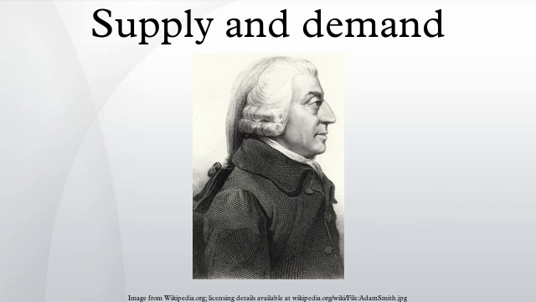In microeconomics, supply and demand is an economic model of price determination in a market. It concludes that in a competitive market, the unit price for a particular good will vary until it settles at a point where the quantity demanded by consumers will equal the quantity supplied by producers, resulting in an economic equilibrium for price and quantity. The four basic laws of supply and demand are: if demand increases and supply remains unchanged,